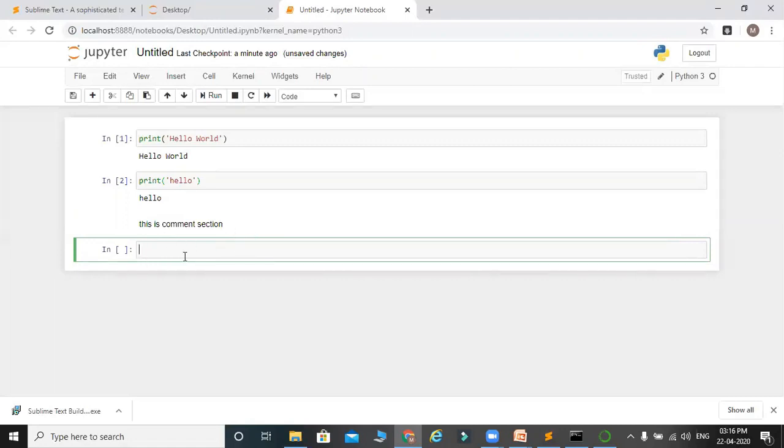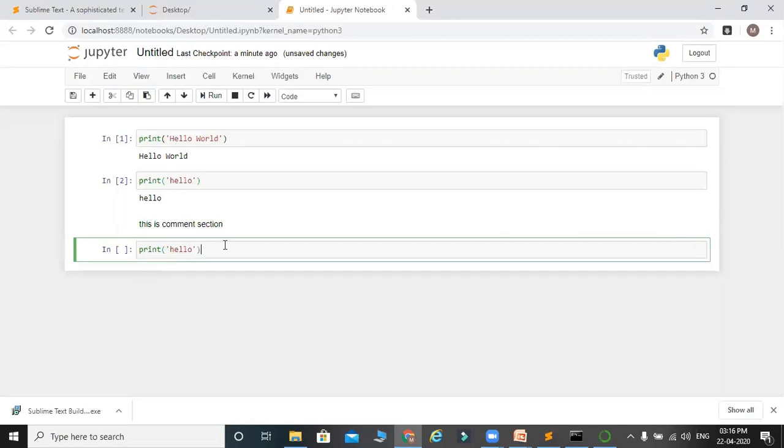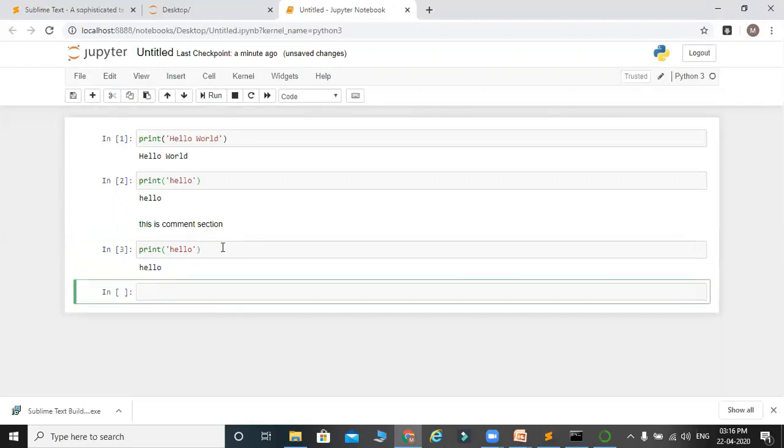And if you write print("hello") and press simply enter, it will just take you to the next line. It will not execute the Python code. So you just need to press shift and then enter.